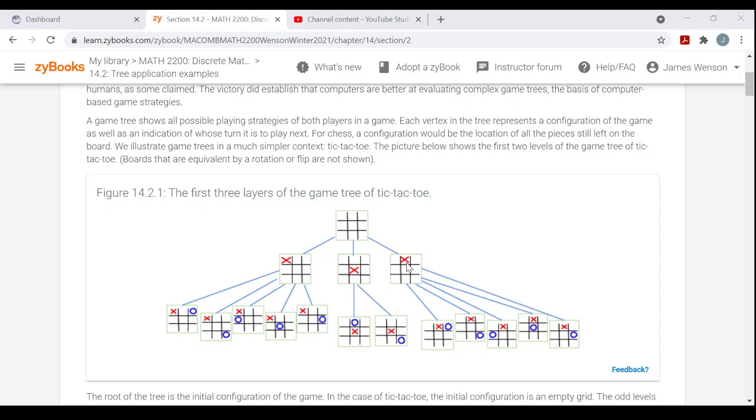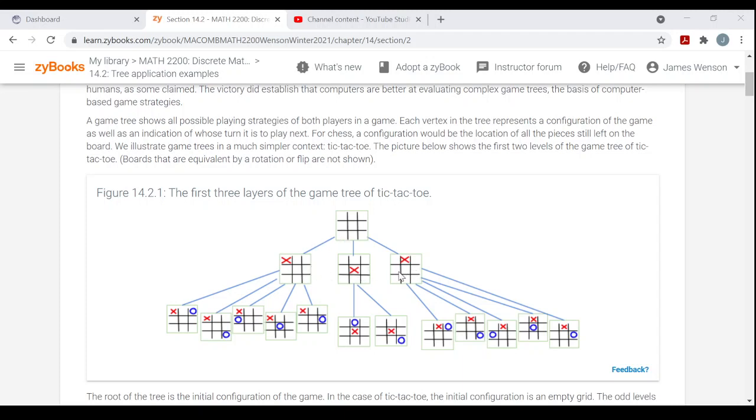This one here on the right, where there's X here, is equivalent to having X here, here, or here, in the middles of the outside rows and columns. And this one in the middle is the only one of its kind, really. So if you ignore all the boards that are equivalent due to symmetry, you'd have these 3